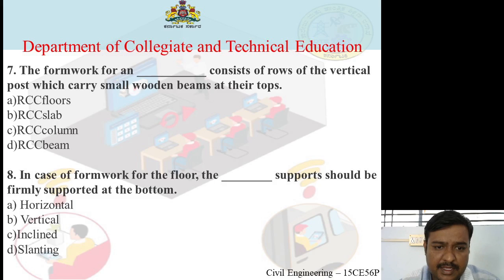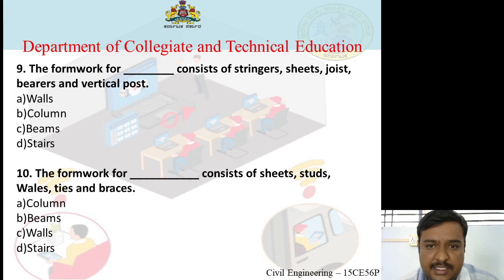Then ninth one, the formwork for dash consists of stringers, sheets, joists, bearers, and vertical posts. Which formwork? Walls, columns, beams, and stairs. The answer is stairs. Stairs consist of stringers, sheets, joists, bearers, and vertical posts. Then last, tenth one, the formwork for dash consists of sheets, studs, wales, and ties and